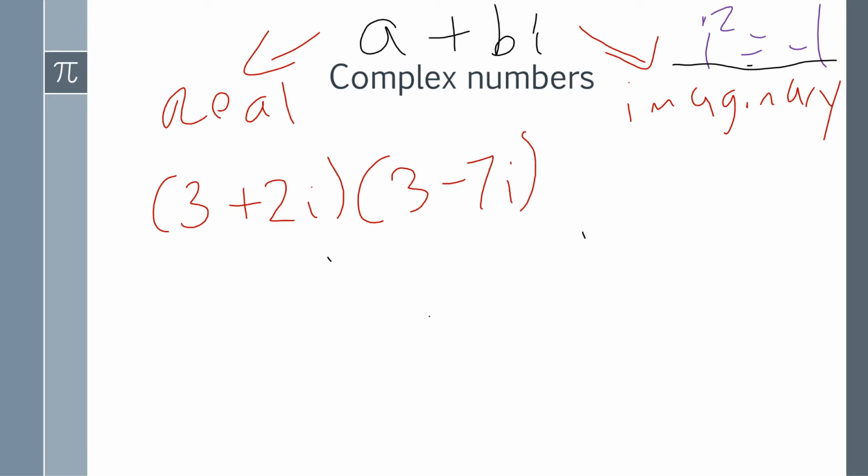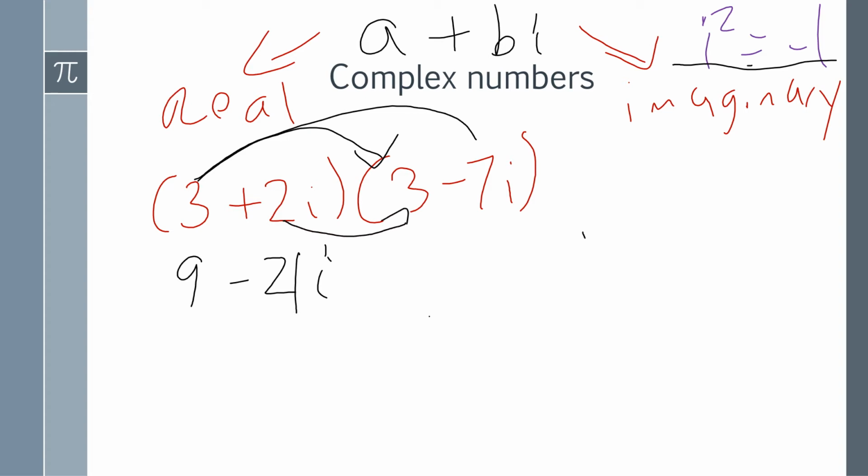Use your FOIL method. 3 times 3 is 9. 3 times -7i is -21i. 2i times 3 is 6i. Well, positive 6i, there is no negative. There is no negative and that is positive. 2i times -7i is -14i